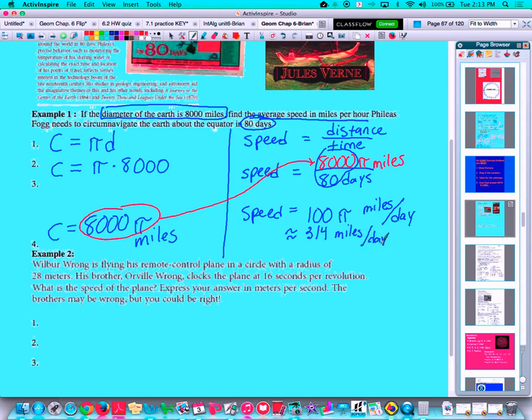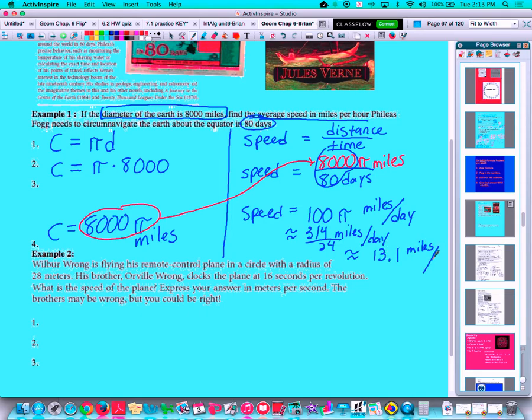And you guys probably would rather have it maybe as miles per hour because that's a very common unit that we use. So we already have the miles. Think about how many hours are in a day. So if we take our miles per day and divide it by 24 hours, we get approximately 13.1